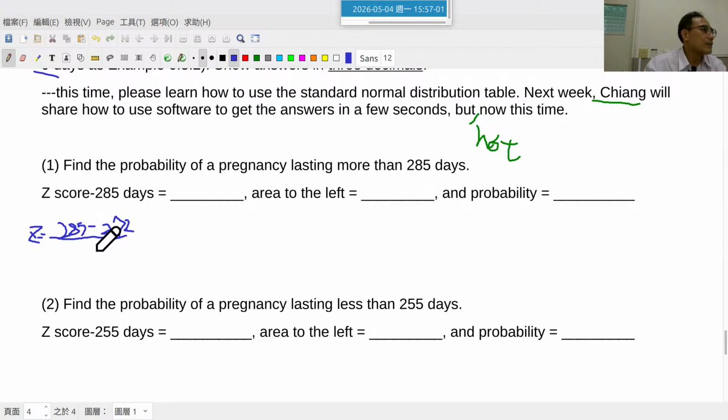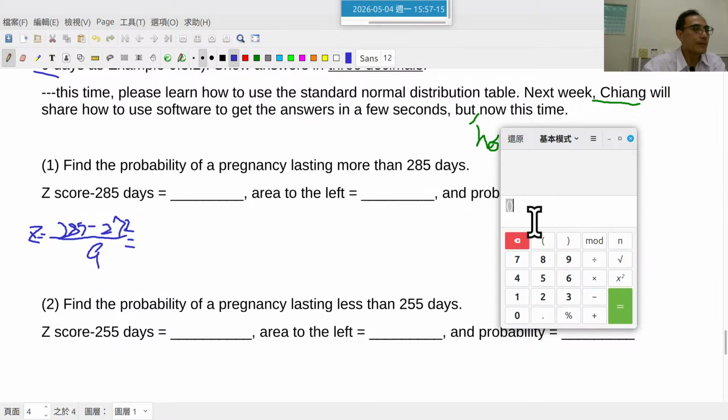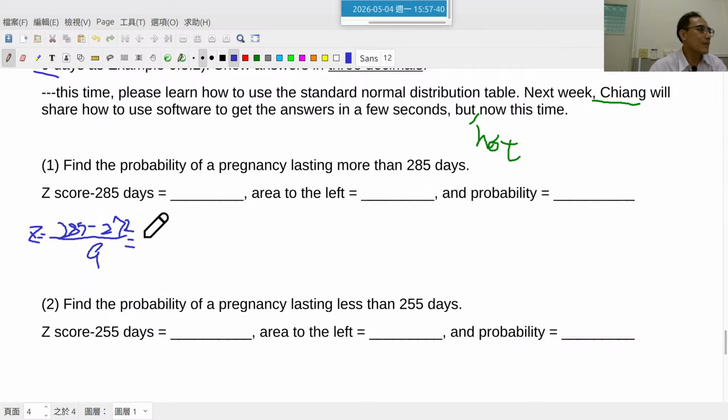272 and divided by 9. Thus, we get the answer: 285 minus 272, divided by 9. The answer is 1.444. Please check it and round it to 3 decimals. Thus, we can say